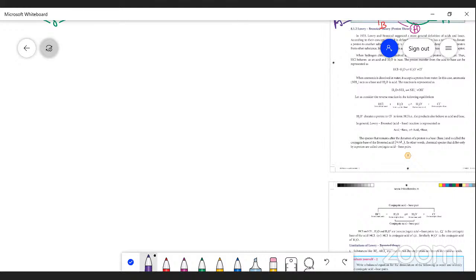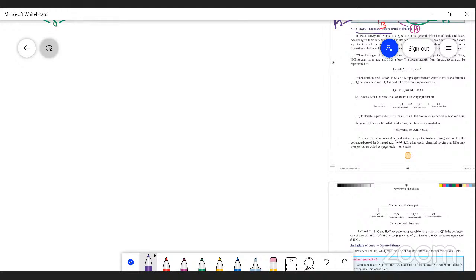According to the Lowry-Bronsted theory, the simple thing is that if a substance gives a proton, it is called an acid. That is a protonic concept. The Lowry-Bronsted theory is nothing but a protonic concept. The substance which generates or releases a proton is called an acid,